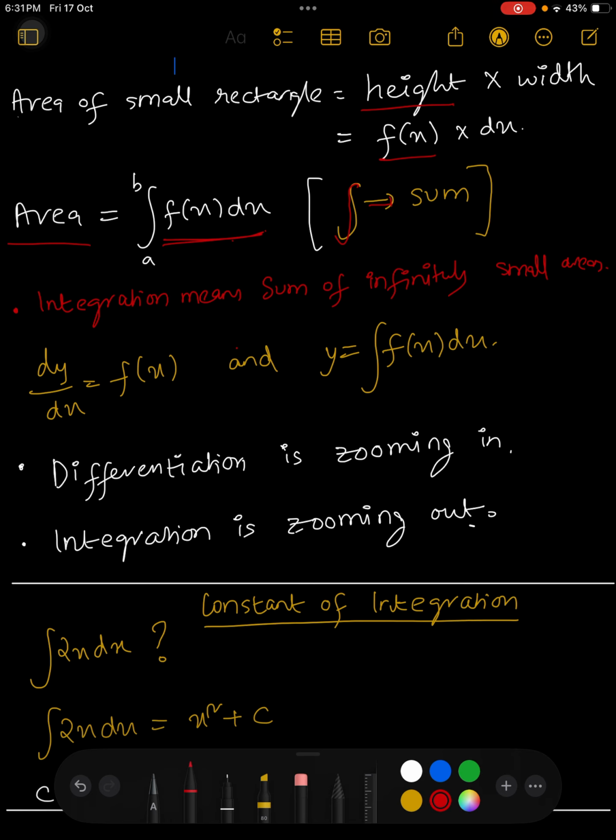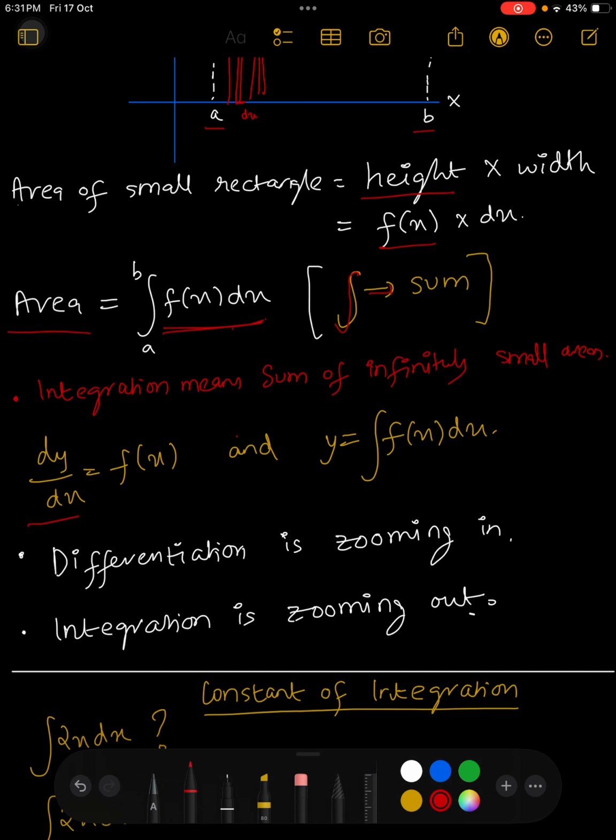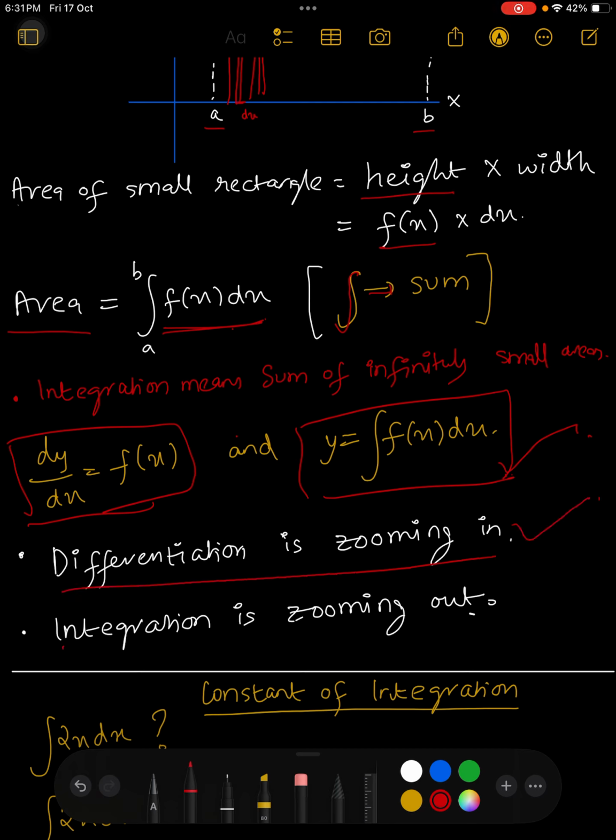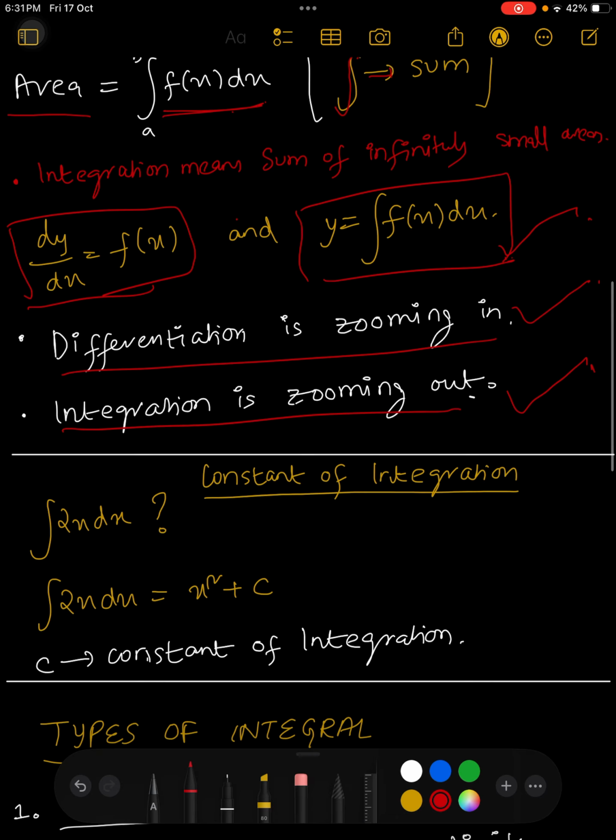Now we'll see the connection to differentiation. How does this connect to differentiation? Differentiation tells us the rate of change, like the speed of the car, and integration tells us the total change, like the total distance traveled by the car. Now they are opposite of each other, right? Differentiation breaks a big quantity into small changes, and integration adds all those small changes back to a big quantity. So differentiation is zooming in and integration is zooming out, right?